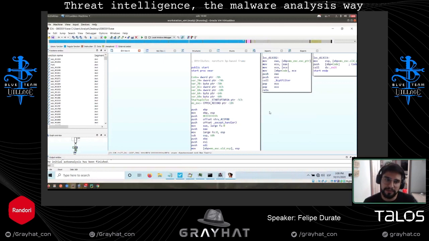So we loaded the sample in IDA. I added here the IDA Free, so it works. If you want to get more details about the file, and you have the resources, probably you can get IDA Pro, which allows you to decompile the code.